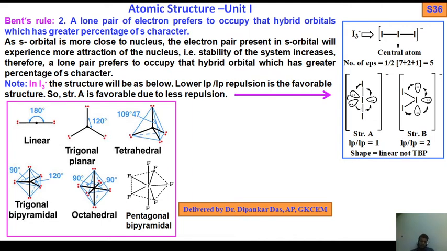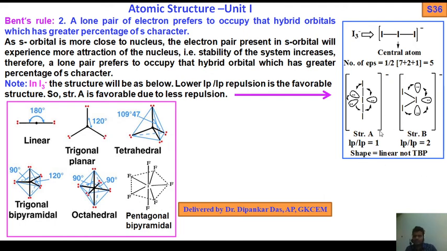How? Now if you draw these 2 possibilities, this is the equatorial, this is equatorial, this is equatorial, and these are the axial positions. Here we count the lone pair repulsion. In this case LP repulsion is 2, in this case LP repulsion is 1. So the lower the LP repulsion, the better acceptable structure will be structure A, because its LP repulsion is minimum, that is 1. But in the other case LP repulsion is 2, so with higher LP repulsion it is not an acceptable structure.